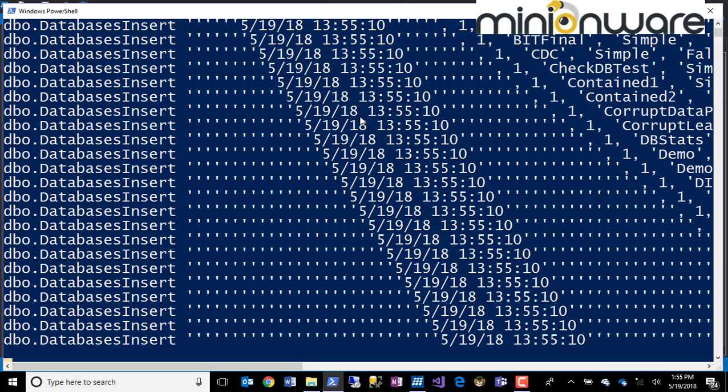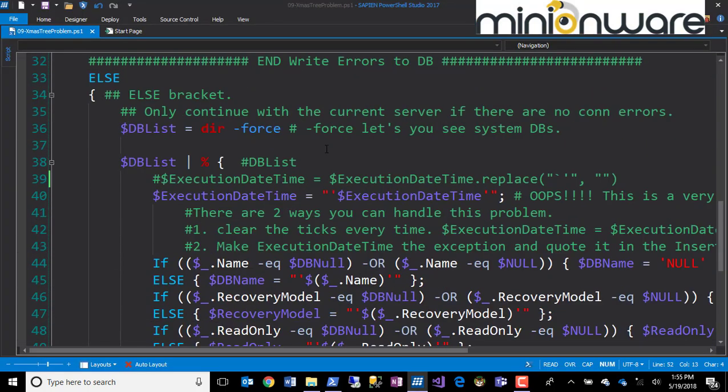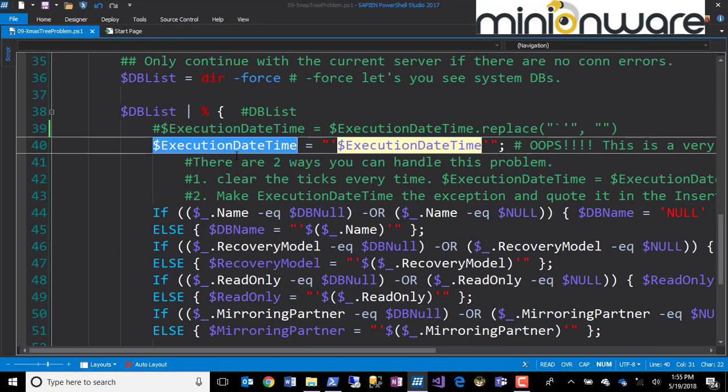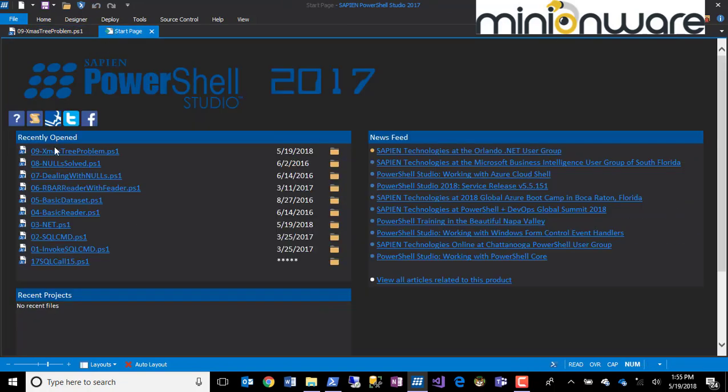Christmas tree problem, right? Let's take a look at what's happening here. I've got this set execution date, right? So what happened was in number 8,